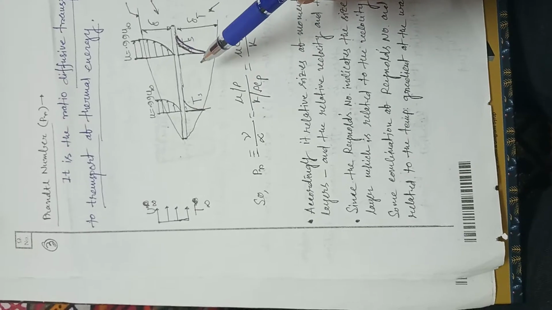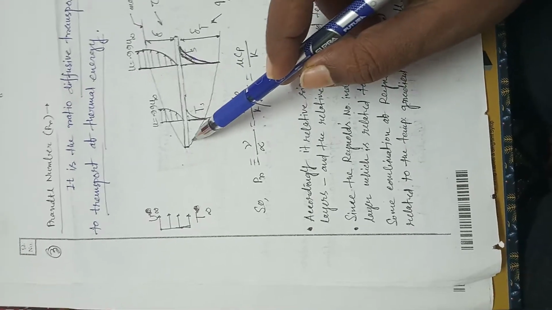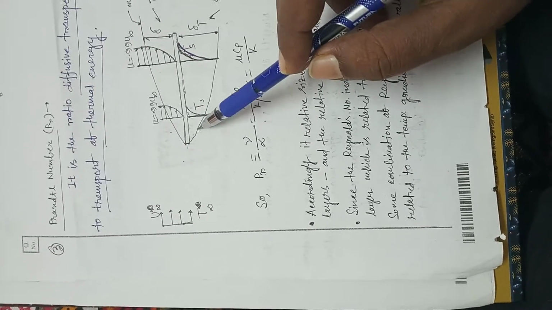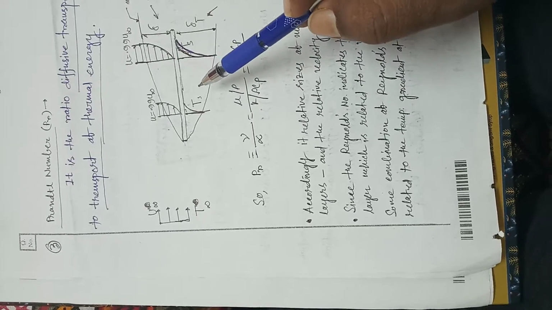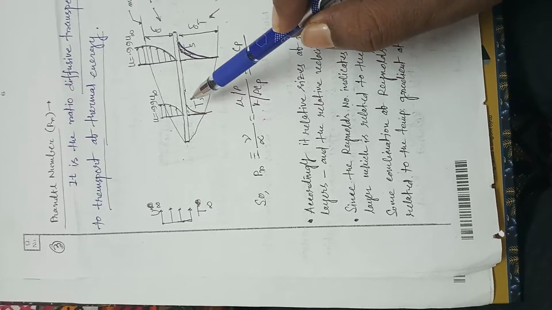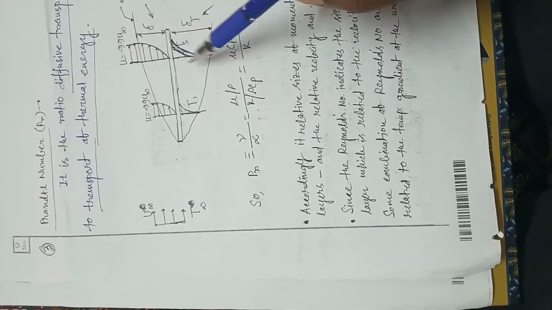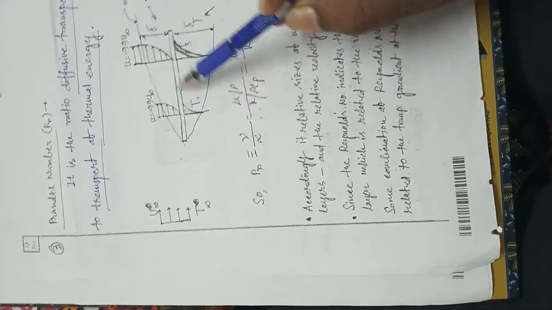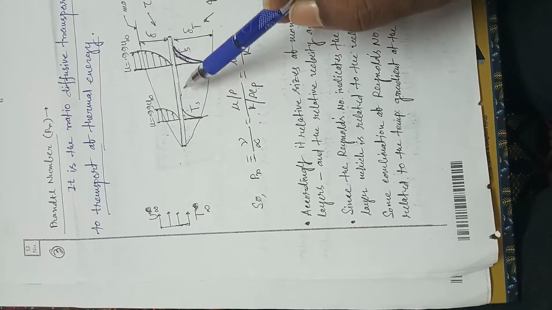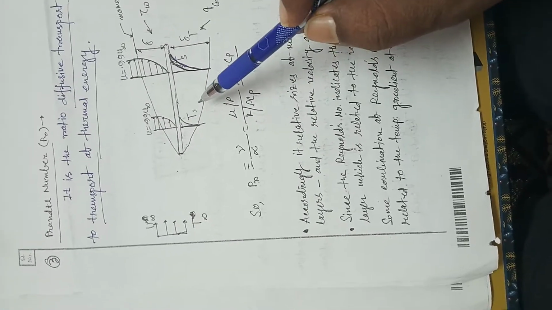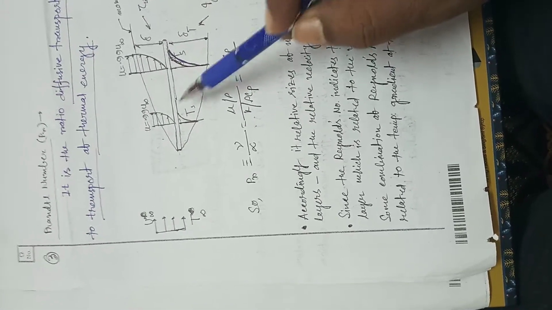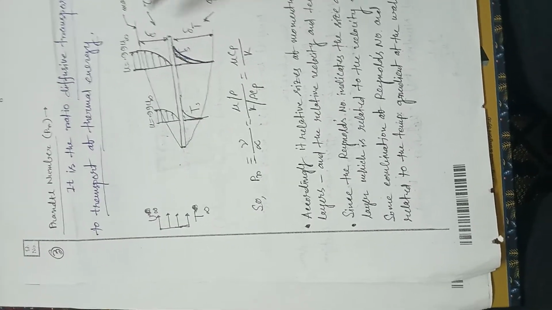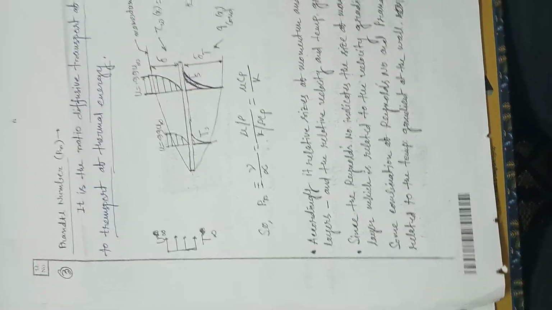When the fluid, like a compressible fluid, moves through this plate, it creates a boundary layer, but in the reverse direction. The change is only the reverse direction. Sometimes the fluid temperature will be greater than the surface temperature, and that time the profile will be different, and sometimes the surface temperature will be less than the fluid temperature, and at that time the profile will change. So in two different processes we use two different formulas.